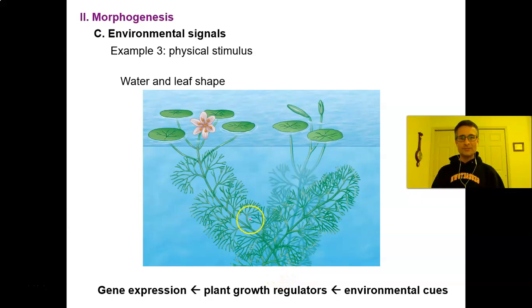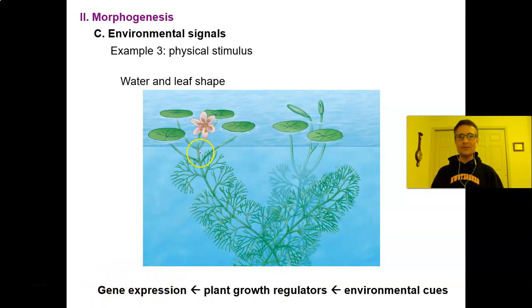And as the shoot starts to develop, the initial leaves are going to be very, very finely divided. In other words, there's a huge expression probably of genes such as the knotted 1 gene. And this seems to be due to a cue such as water, or maybe a lack of oxygen as well, impacting the leaves. And so as this water is moving past the leaves, as these leaves aren't getting a lot of oxygen, right, that's determining what plant hormones get produced,